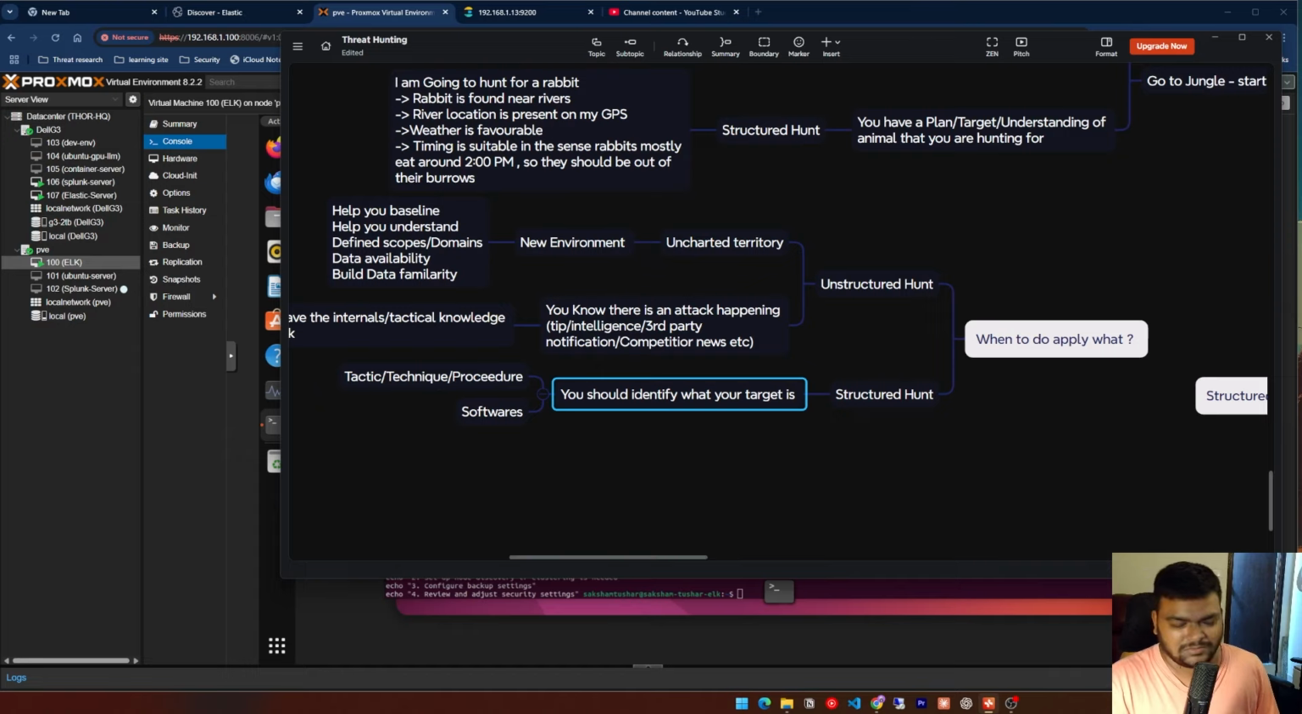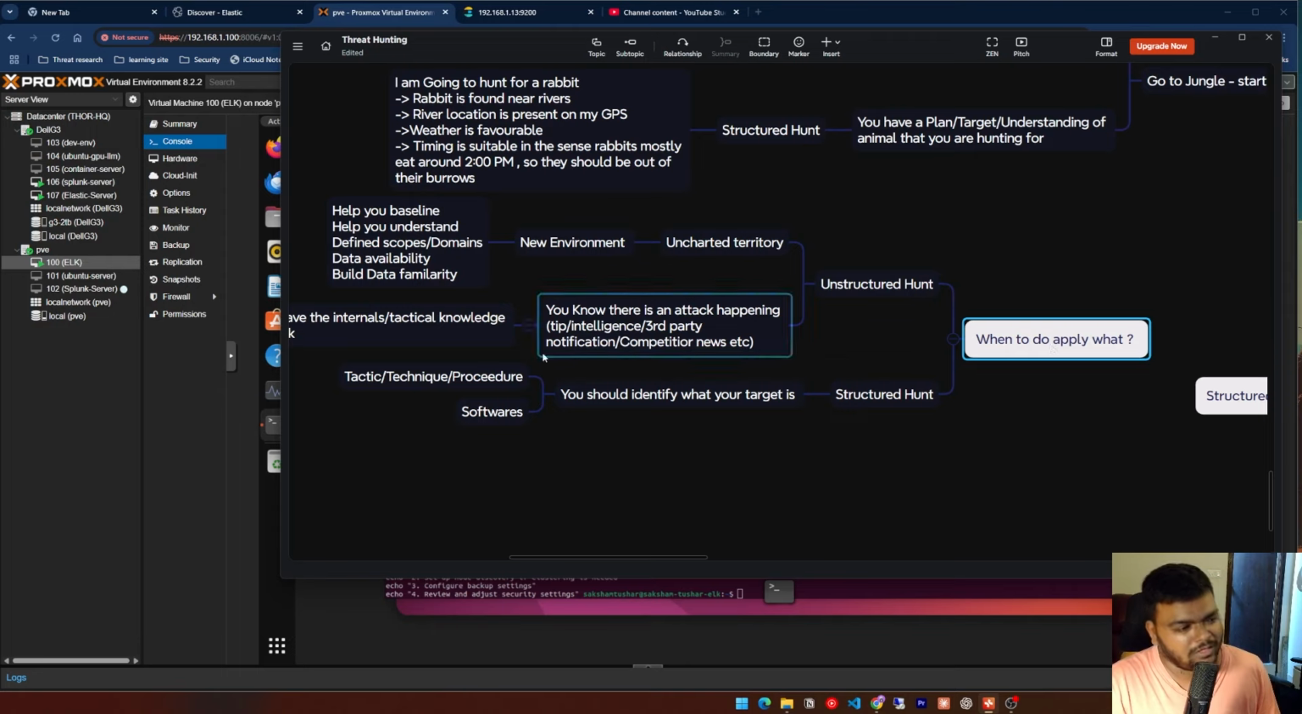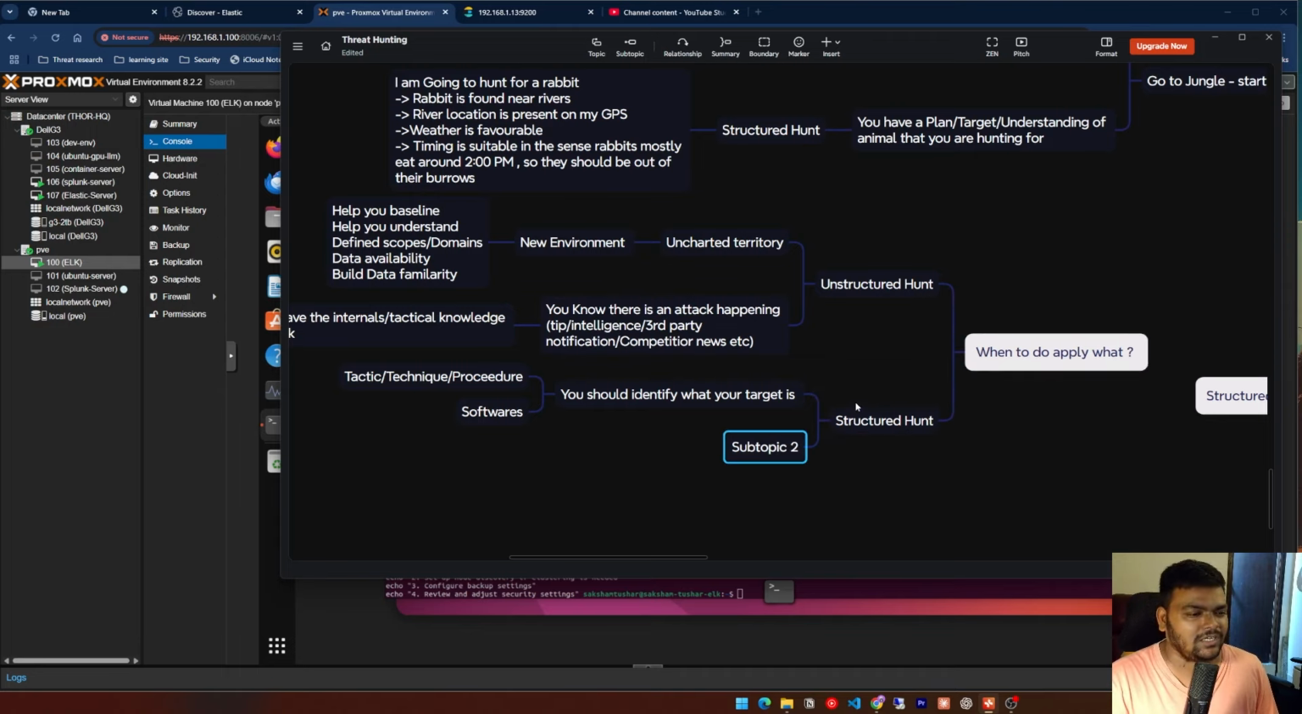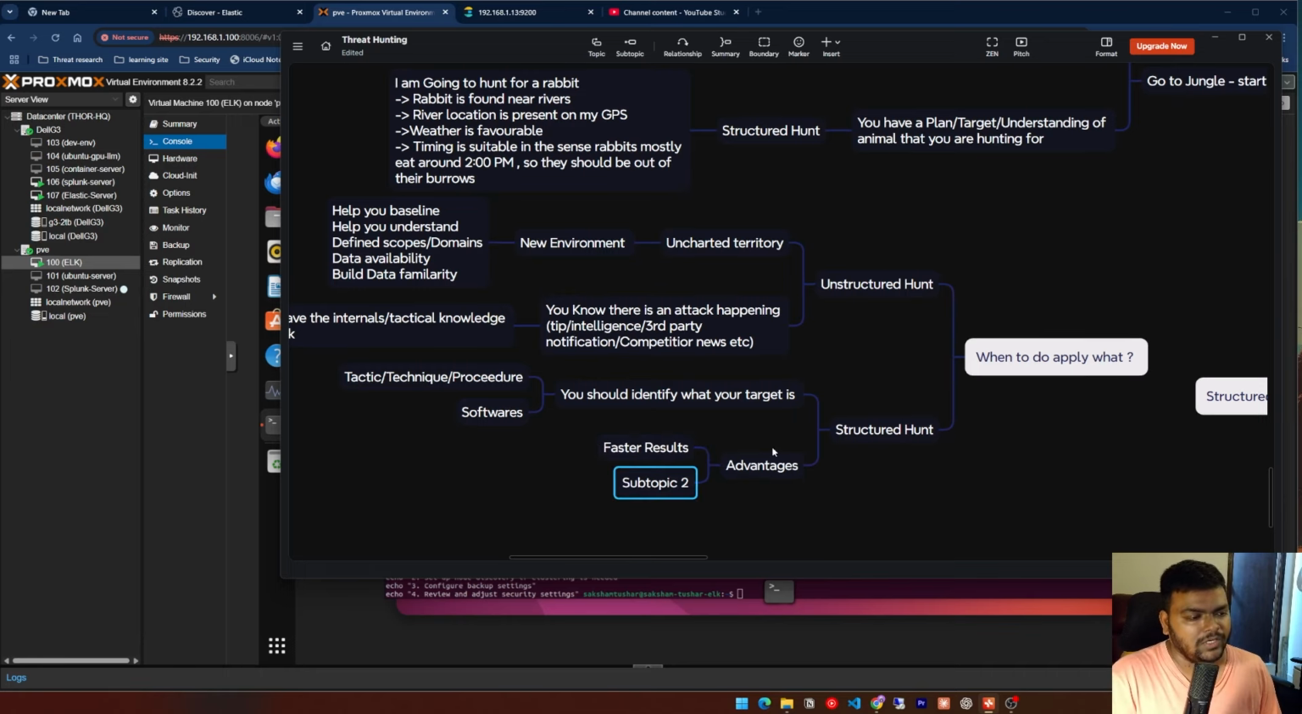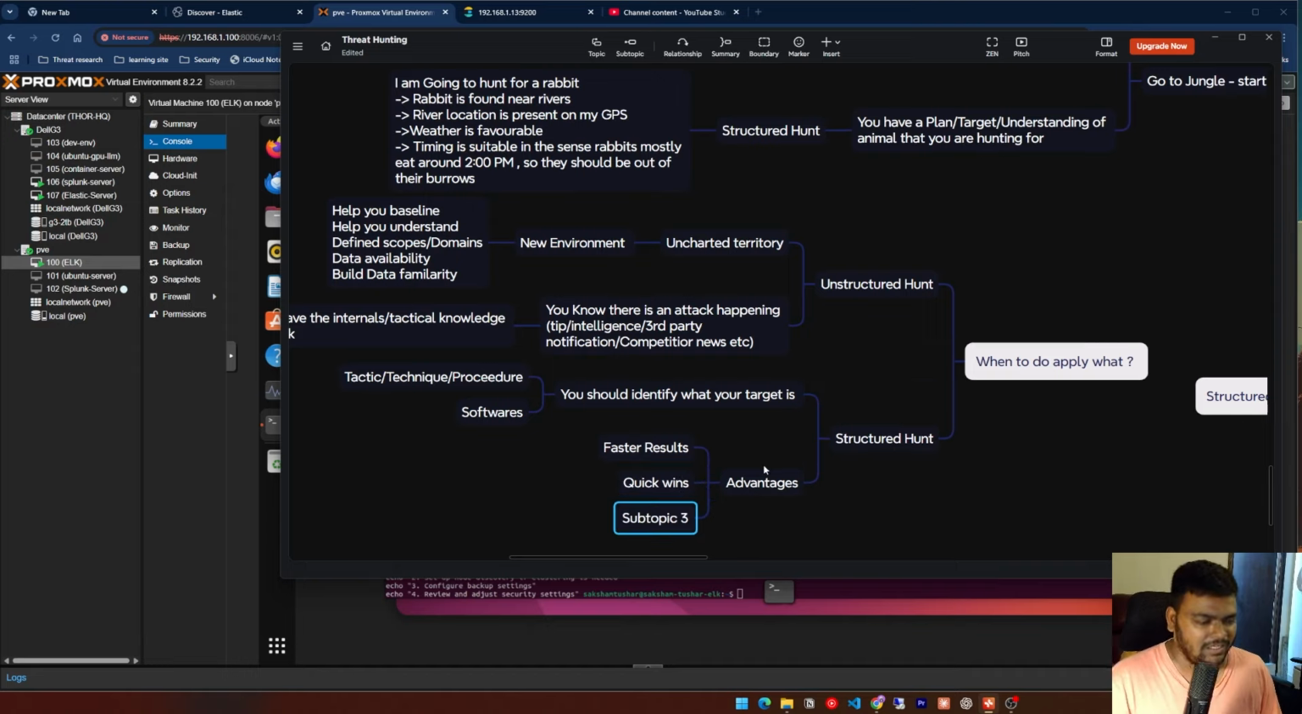In all the other scenarios, just to conclude for this topic, when to apply what, for all the other scenarios where you have information, try to do a structured hunt. The advantages are varied, right? So for example, you have faster results, quick wins, right? For example, it will be easy for you to say this was not happening, so the hypothesis is failing. That also means quick wins also means hypothesis conclusion is at speed,